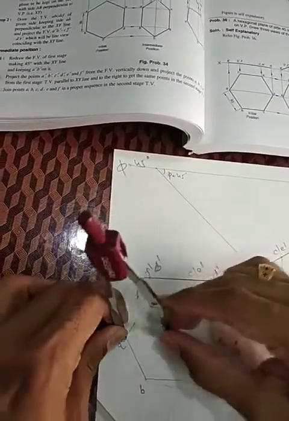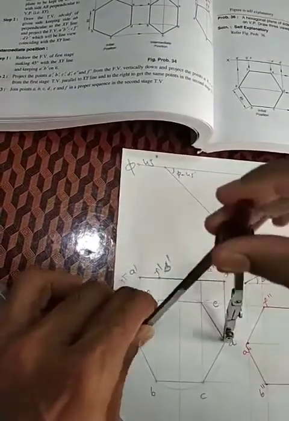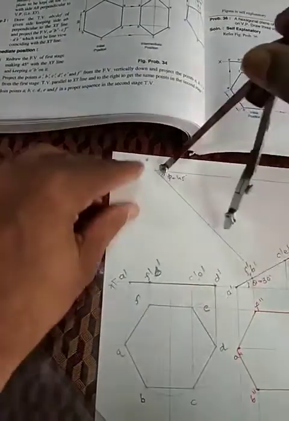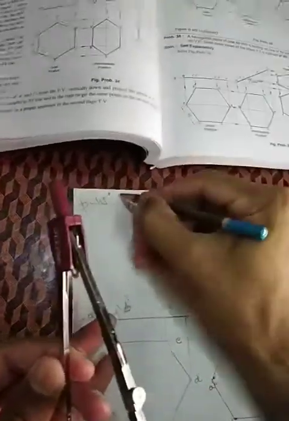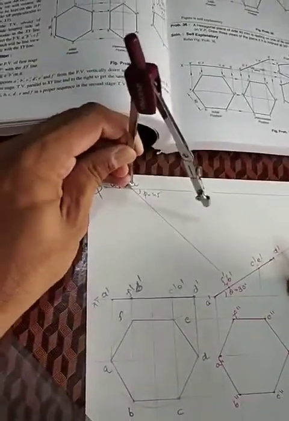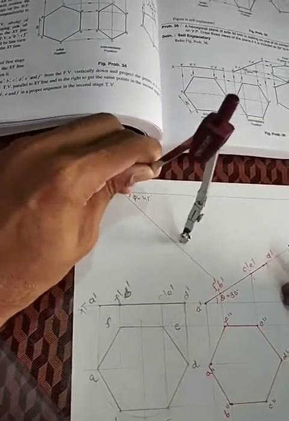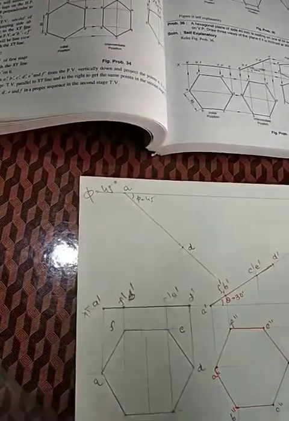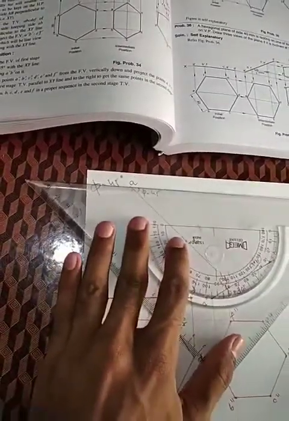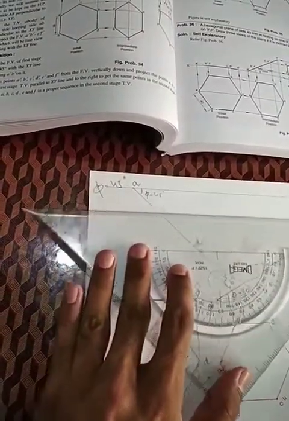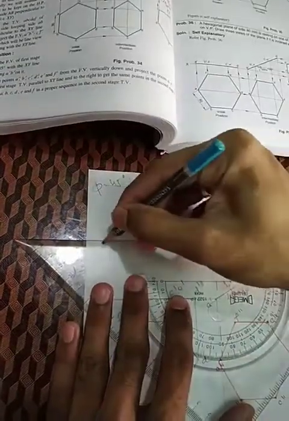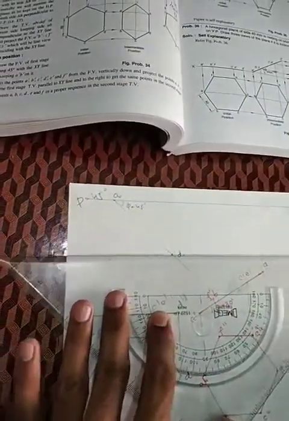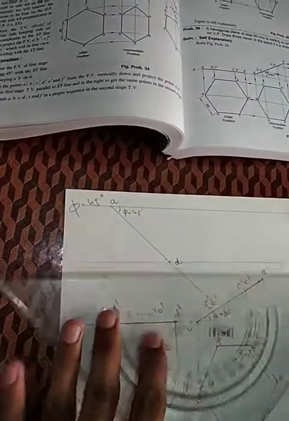After that, you have to measure the length of A to D, meaning your diagonal. Whatever things are given, you have to measure the length of that. So my diagonal is given as AD, so I have to take this point as my A point and draw an arc from A to D. So this will be my D point. As I already told you, you have to draw a parallel line from this D point. So drawing a parallel line from here. Okay, so I'll get the point as my D point.